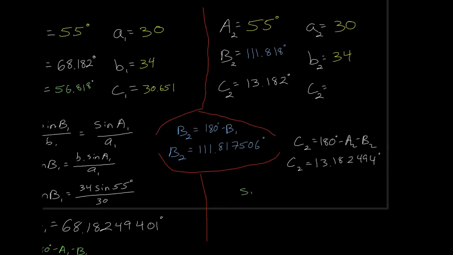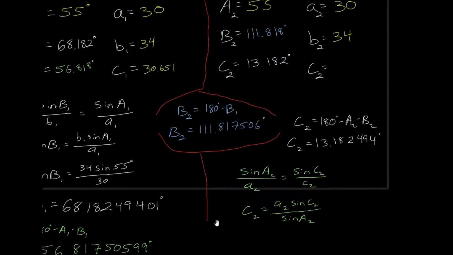The law of sines says the sine of angle A2 divided by side length A2 is equivalent to the sine of angle C2 divided by side length C2. A little bit of rearranging here tells me that C2 is equivalent to A2 times the sine of C2 divided by the sine of A2. Now we're going to plug in our values, and we'll get A2 of 30, the sine of angle C2, which is